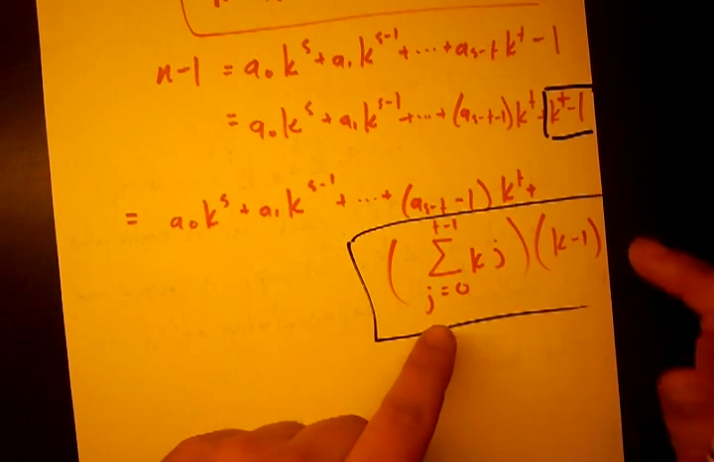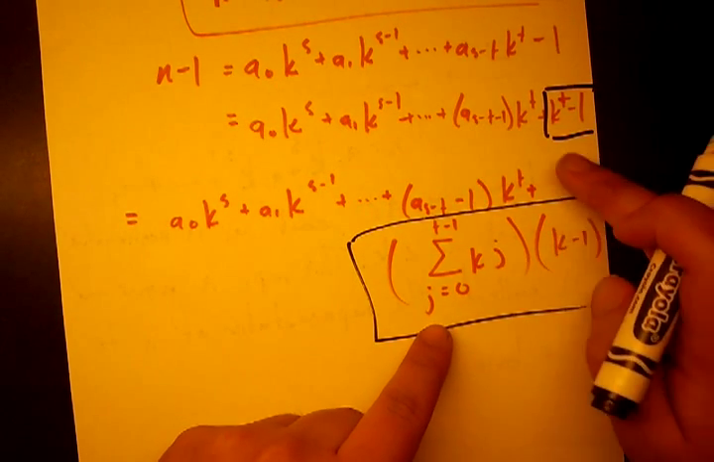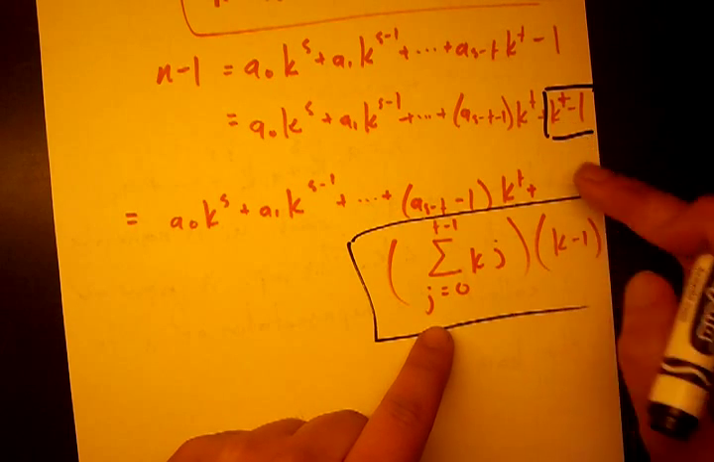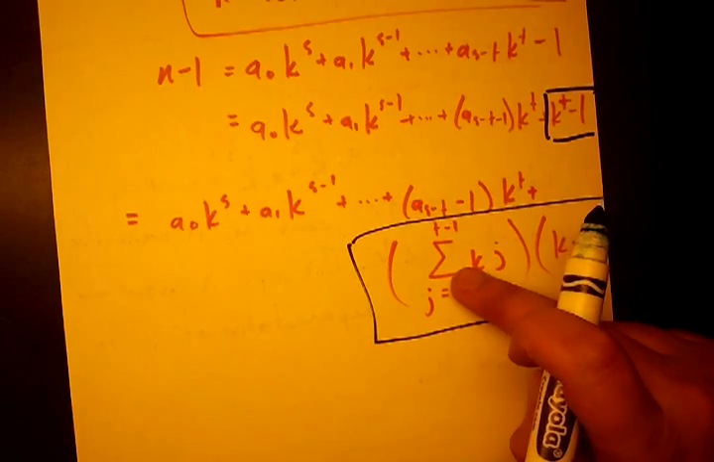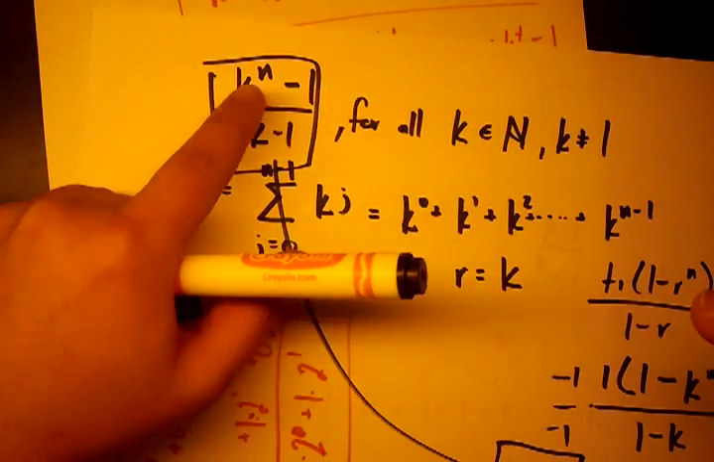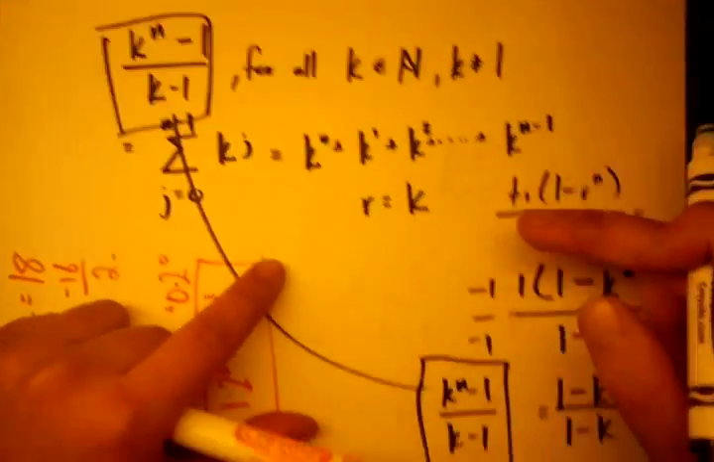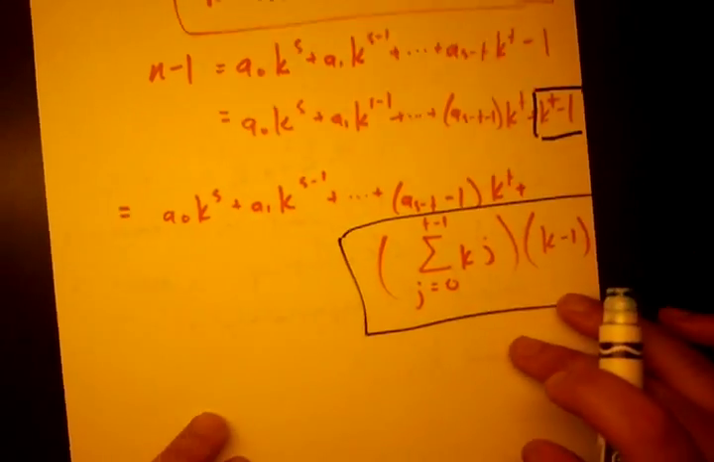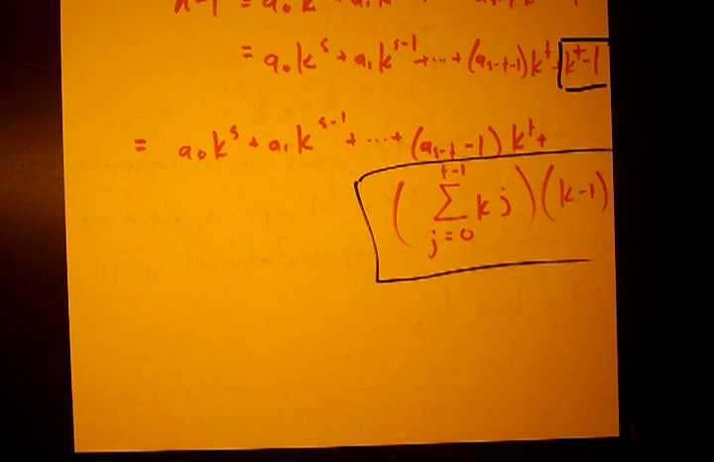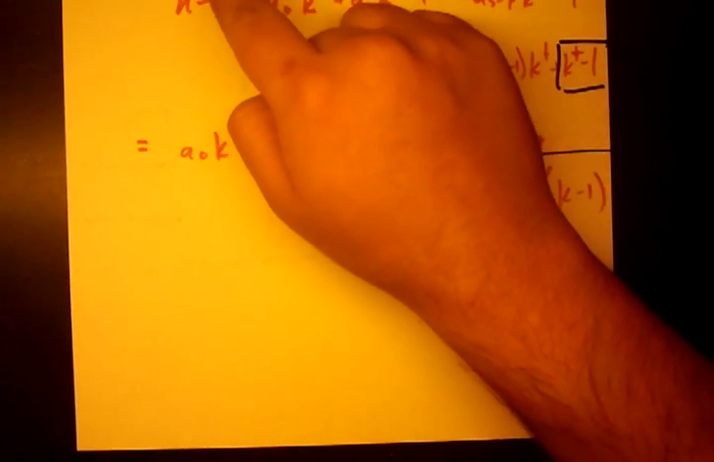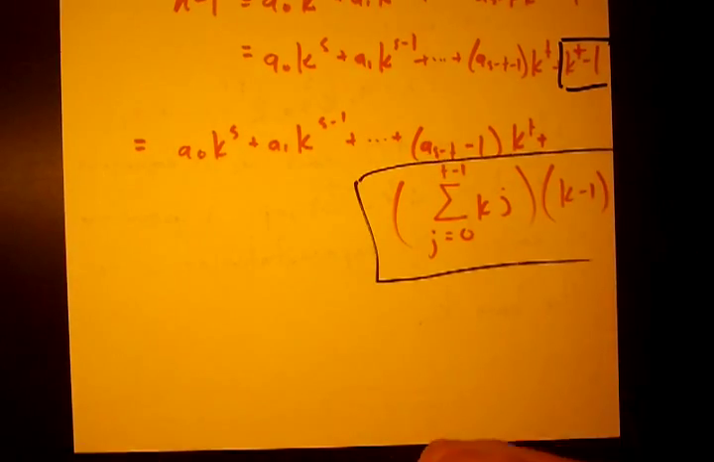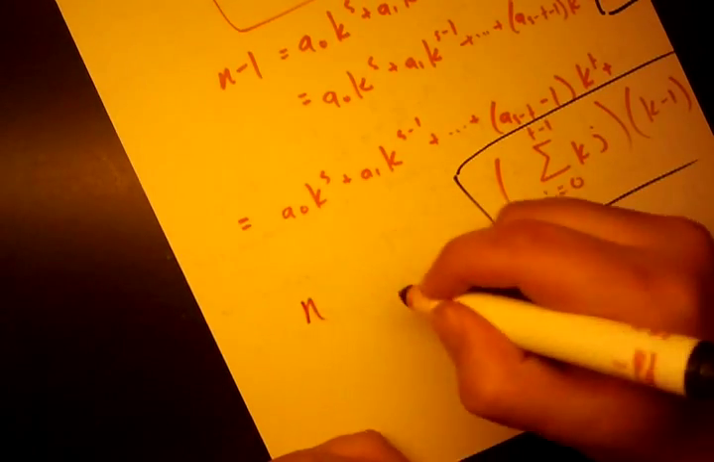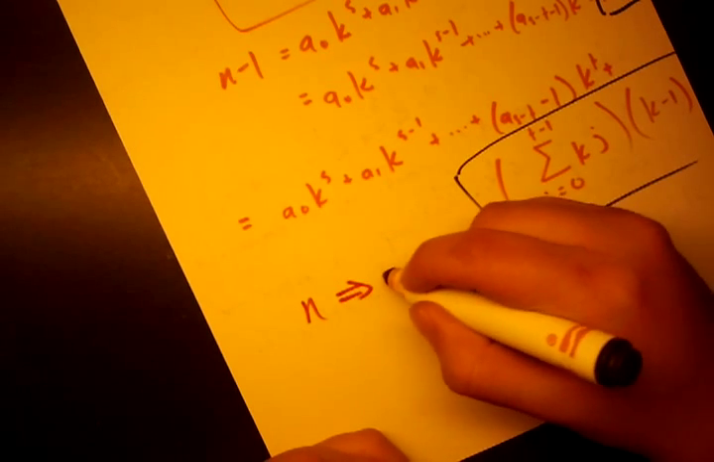So let's make it clear so we know what's going on. This term right here is the same as this term right here, because remember, we know that k to the t minus 1 over k minus 1 equals this. So therefore, just rearranging our fraction a little bit, k to the t minus 1 equals k minus 1 times that whole sum. Okay, so we have basically shown right now that if n has a representation to the base k, then we can find one for n minus 1. That we have a method that shows if we have a representation for n, that gives a representation for n